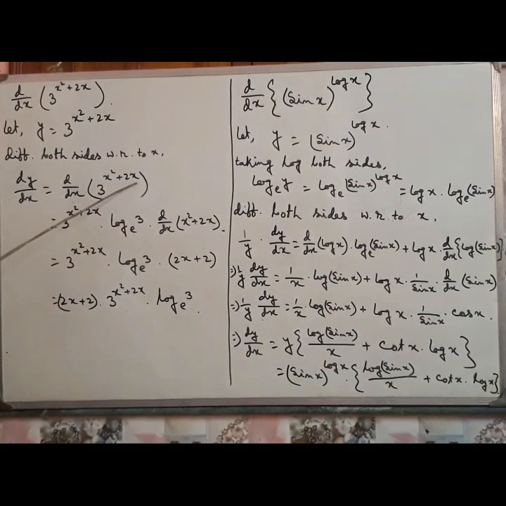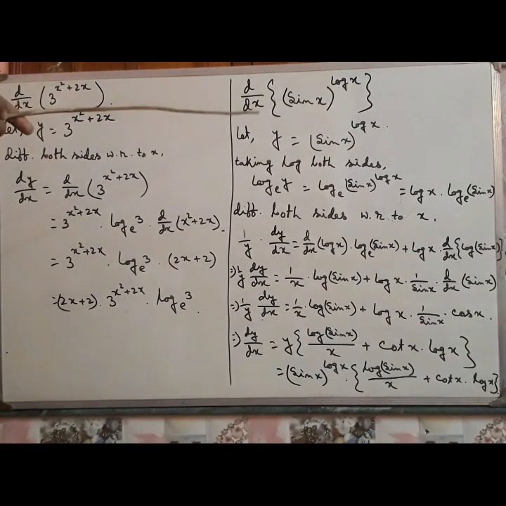Now this term you see, it is not x but it is the function of x. So we have to differentiate again this function of x, that is into d dx of x square plus 2x. What is the derivative of x square? 2 into x to the power 2 minus 1, that is 2x, and 2 into derivative of x, that is 1. So it is 2x plus 2, that is the derivative of 3 to the power x square plus 2x, that is 2x plus 2 into 3 to the power x square plus 2x into log 3 to the base e.